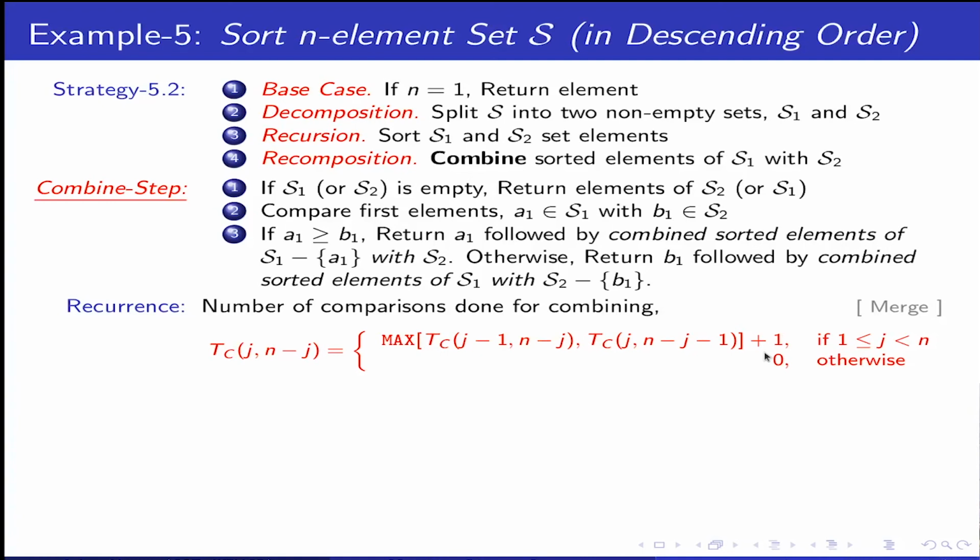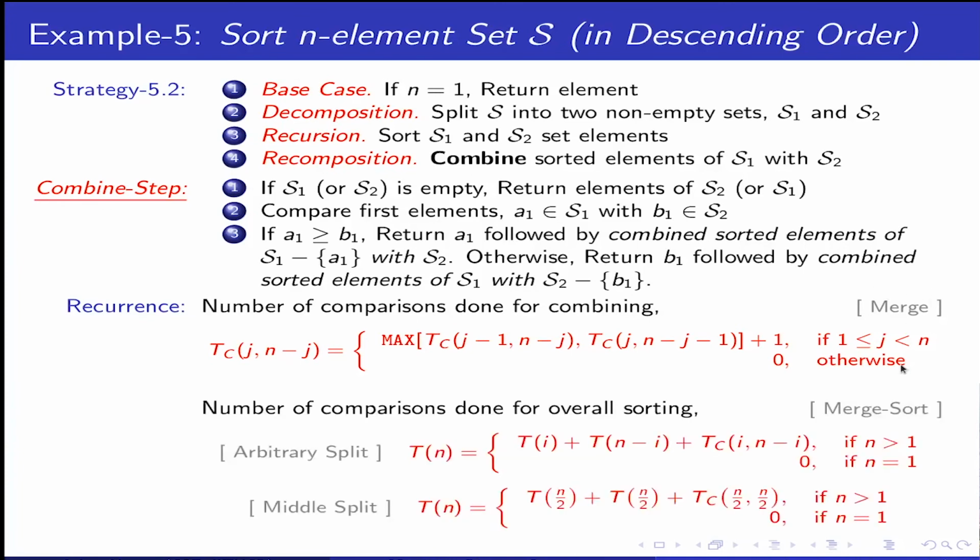So if you look at it intuitively, you will see that this is nothing but some constant times n steps, and we call it the merge routine in the merge sort that we just discussed. Now see the recurrence. It splits arbitrarily: Ti is the arbitrary part, Tn minus i is the rest, and this is the combine part, which is your recomposition step. For better results, we can always split in half and combine them.